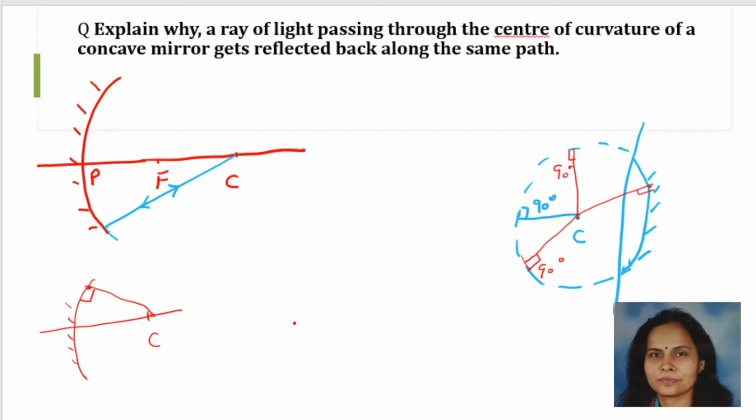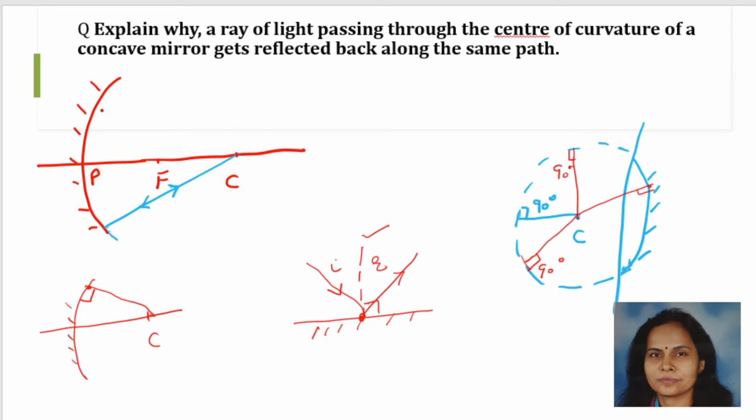So if you remember, suppose this is your plane mirror and this is your point of incidence, right? In the plane mirror, this is the incident ray and this is your reflected ray. And if I say to draw the normal here, I just draw the 90 degree angle here, right? So for every point of incidence, to measure angle I and angle R, I need a normal. So every point of incidence on the spherical mirror also needs a normal. Then how to draw the normal?